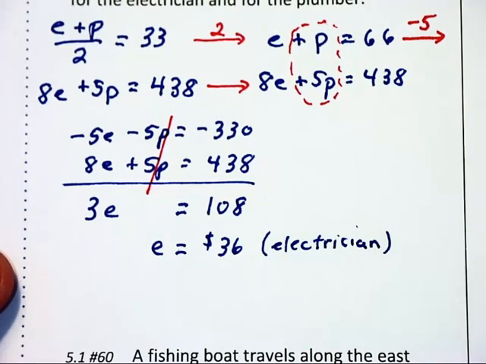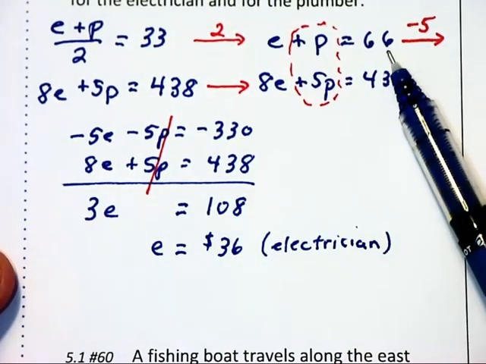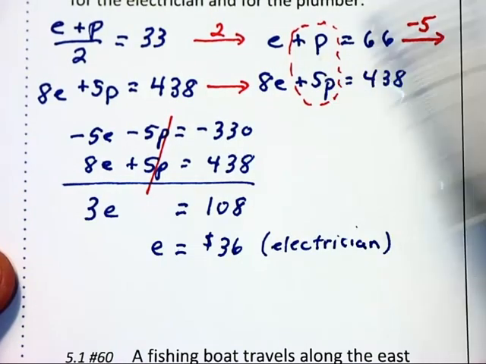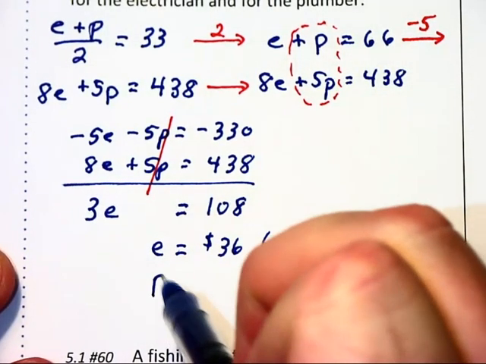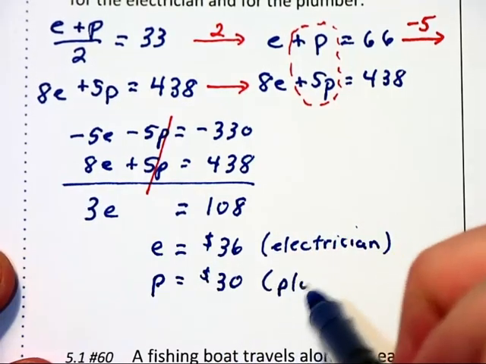And we also know up above that E plus P add up to 66. So if we subtract 36 for E, we are left with P is equal to $30 per hour for the